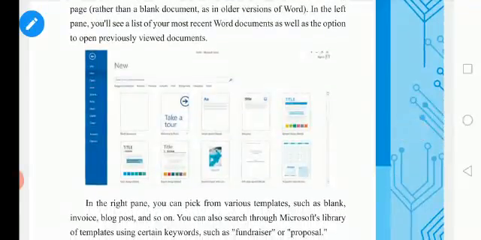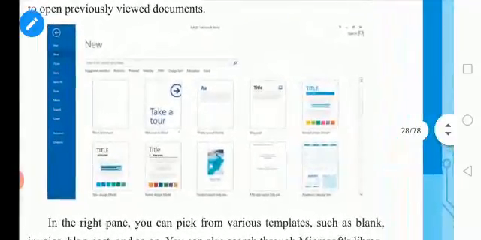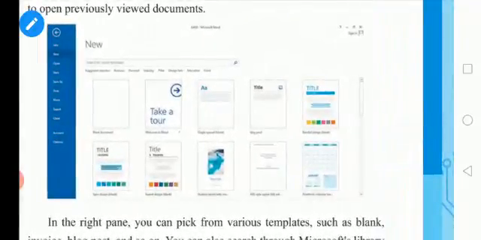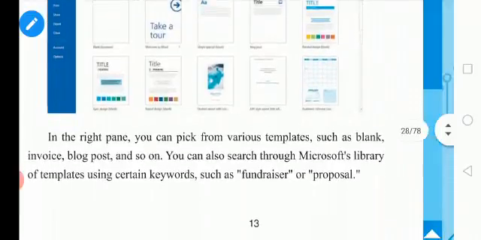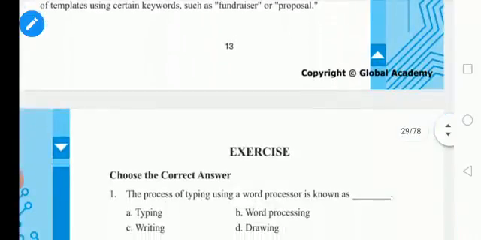So for instance, they have given it here. When you click it, in the Word document, if you want to open a new thing, you see at the left corner: info, new, open, save as, print. Could you see this in the blue column? Here some templates will be given. If you want to select the blank document, the first one can be chosen. If it is a tour format, you see welcome to Word. Like that we can take whatever templates we need. Okay, so this is given in that.